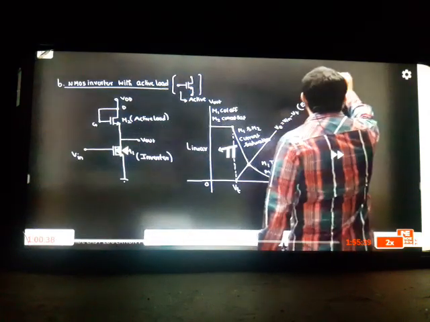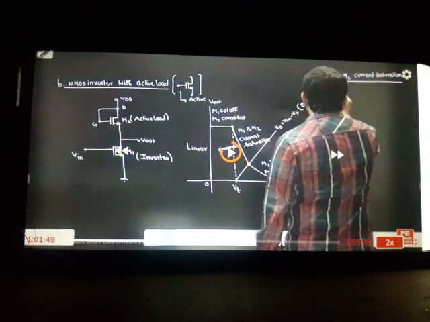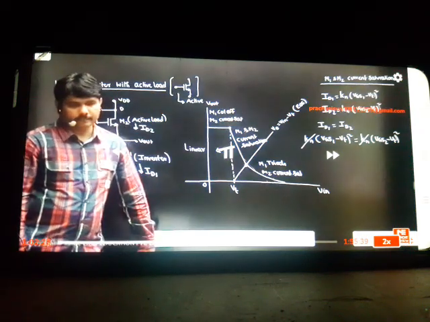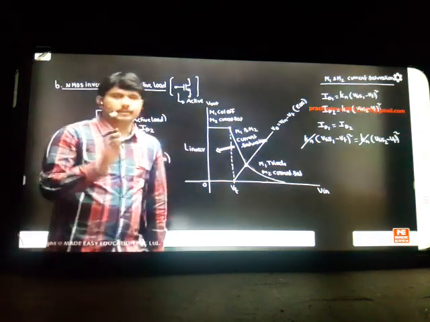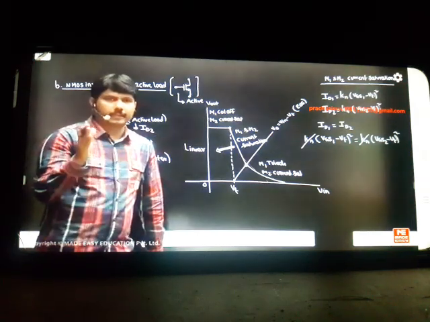Just the middle one we will see. If M1 can, here, we can cancel it. Both K's are the same, we can cancel it. Yes, sir, what you said is correct. In this concept, M2 is fixed. In all the regions, it is in current saturation because it is fixed by biasing. I have fixed its voltage, but M1 will change because it works like an inverter.